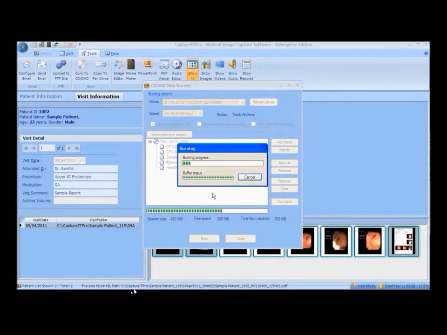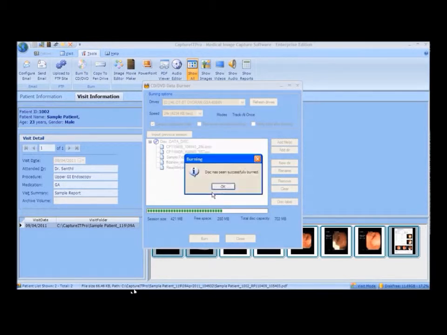Please wait while the burning is in progress. Data are successfully burned to the CD.